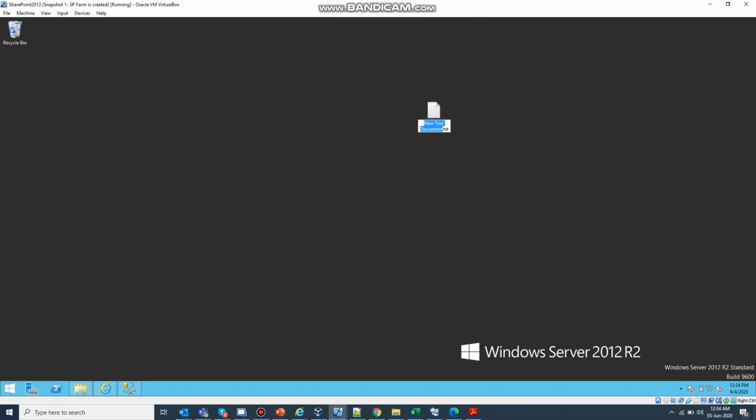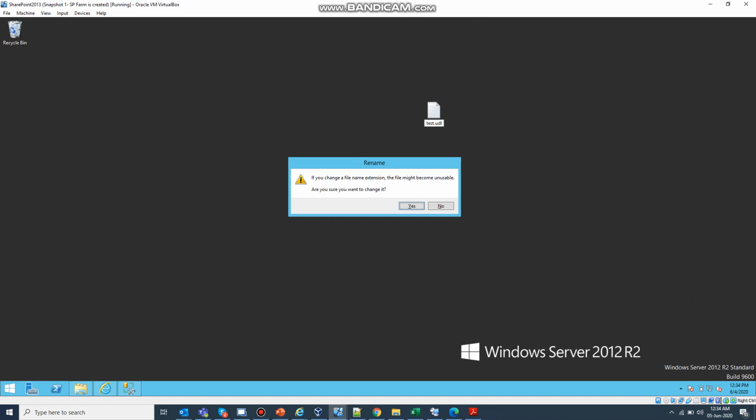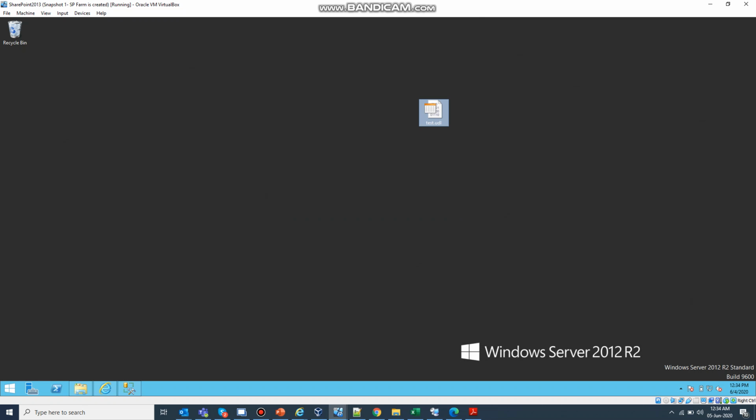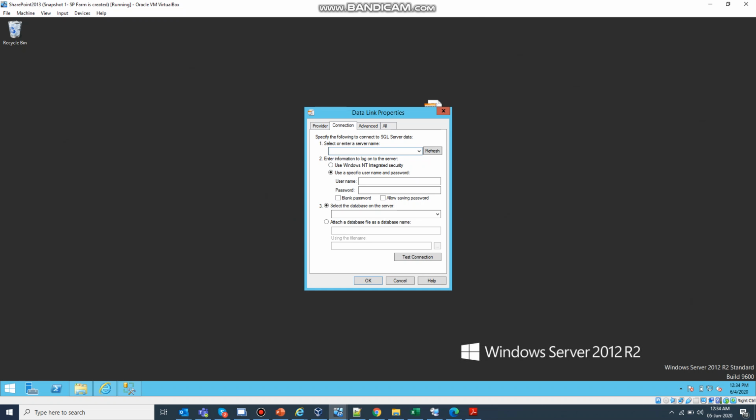I am creating a file named test.udl, save it, simply open it, and you can confirm the connectivity by typing the server name of the SQL server. So test connection succeeded, no issue.